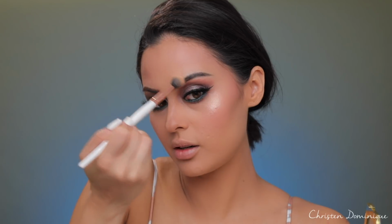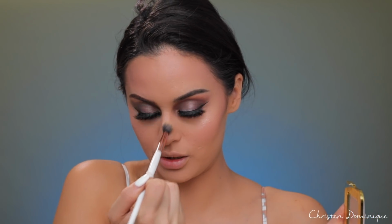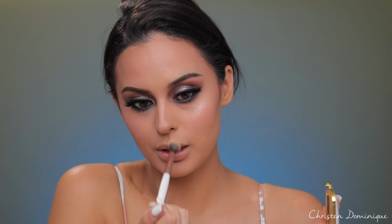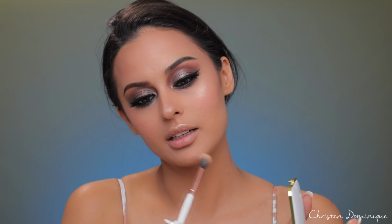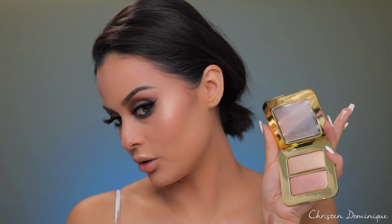Ooh, right here and tip of the nose. It's gonna be really weird to compare on the nose. And this side of the Cupid bow, the Cupid's bow tie. I'm gonna take a little bit down here too because I'm dry. This is beautiful. Extreme high-end makeup is kind of dangerous for me because I don't know if I'll be able